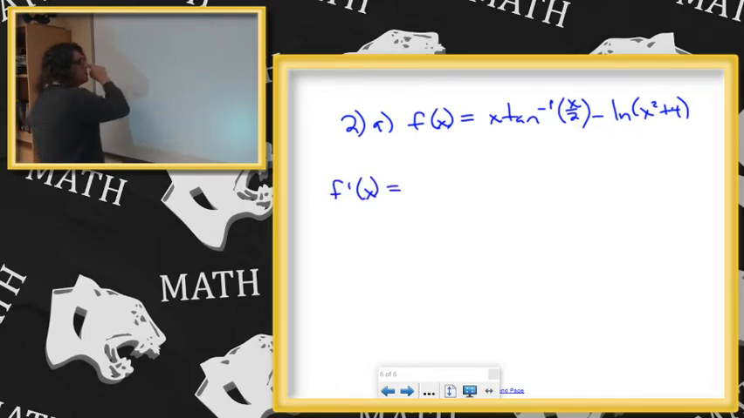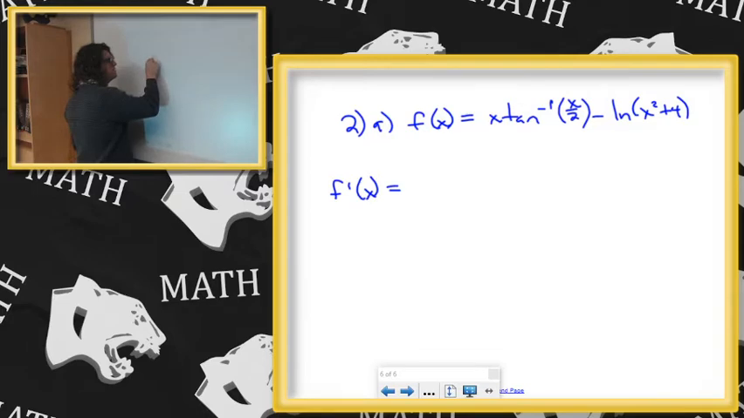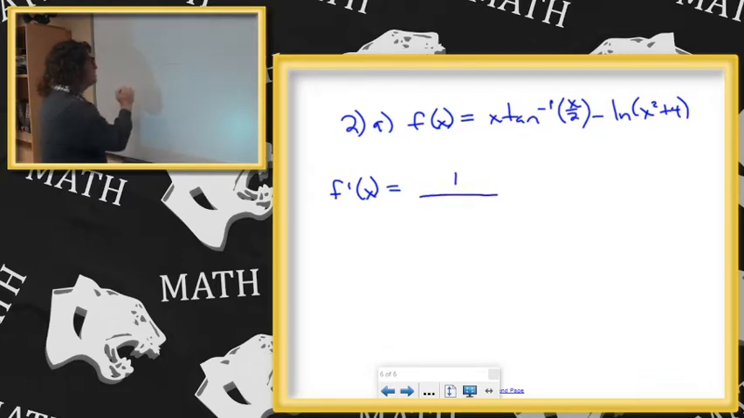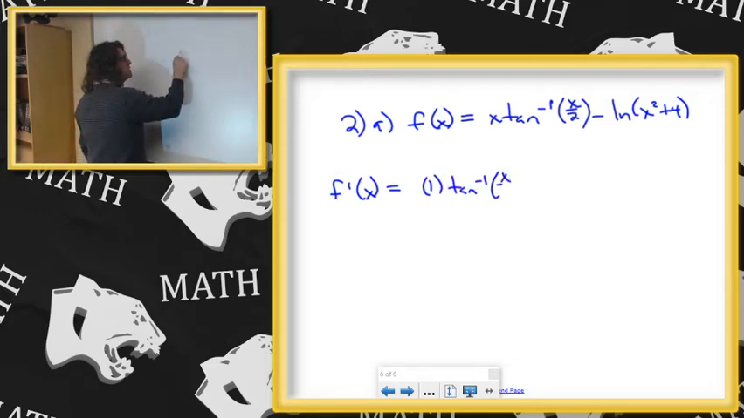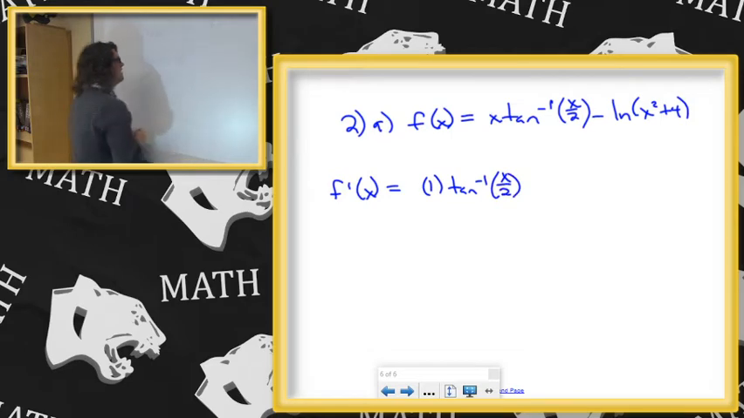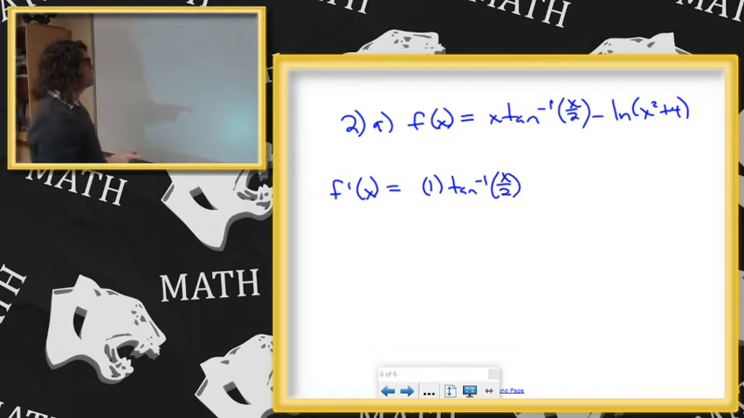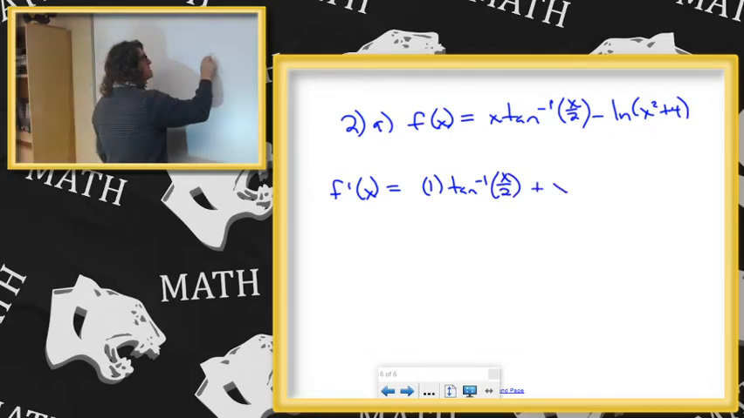So that is a product rule for the first part, x inverse tan. I'm going to take the derivative of the first part, which is 1, and then the second part I'll leave alone. So 1 times the inverse tan of x over 2. And then I have to do the second part of my product rule, which is going to be plus x